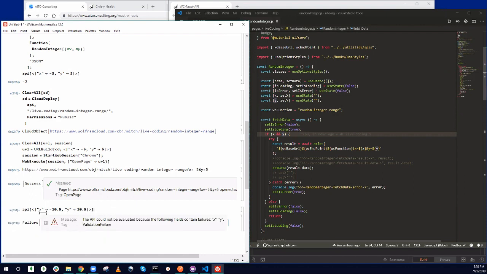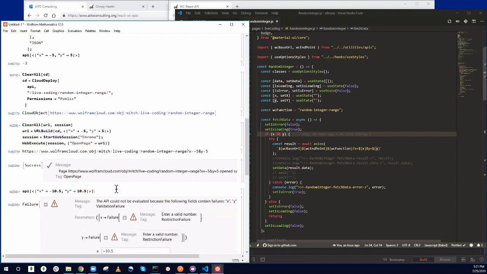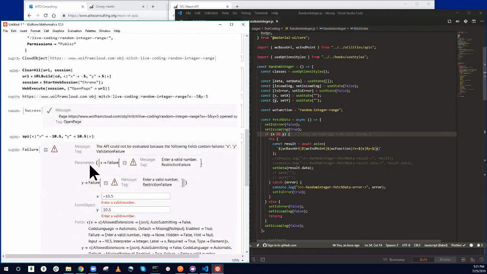So if we pass in something that is inappropriate, out of bounds, we're going to get this failure. Now, the interesting thing about this failure is, if you click into that, you see this failure message actually has parameters,